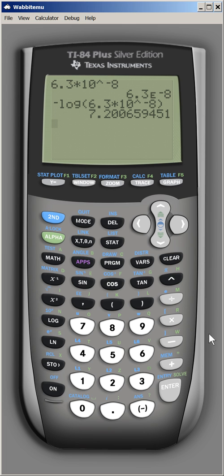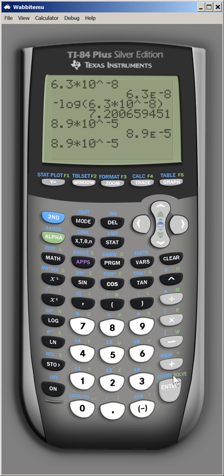Let's do one more, going from H3O to pH. Let's say we have an H3O concentration of 8.9 times 10 to the minus 5. There's my H3O. All we have to do is negative log, and if you don't want to type the number in again, if you have a number and you want to have the calculator recall it, we can hit second function and then the enter key,